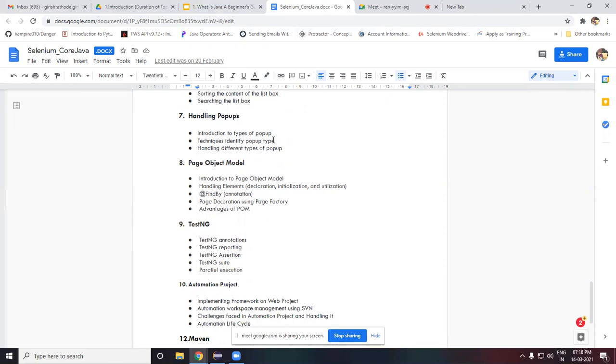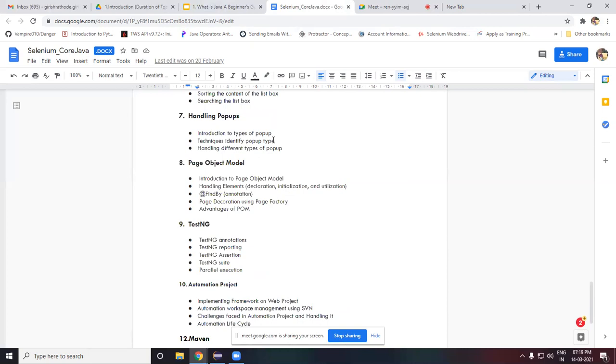And page object model. Later on we'll be dealing with the page object model, POM, the page object model framework. Here we'll be starting with our frameworks. These frameworks will start from here.